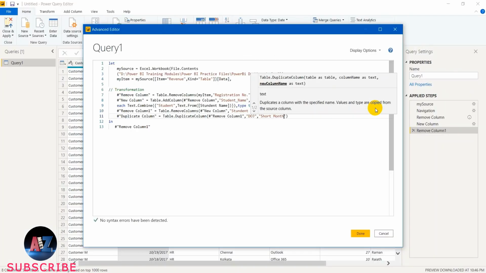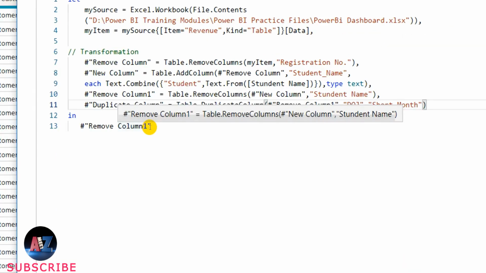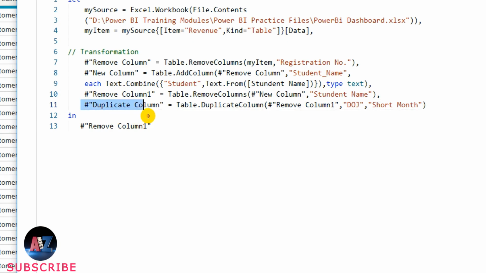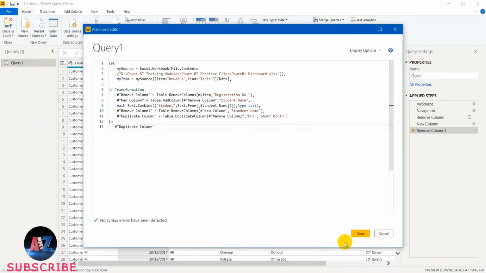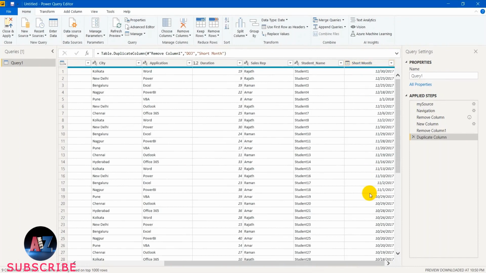Now this will generate the additional column. Only thing is this step need to be removed and added this. So let me add duplicate column and then add it. Now if I press enter or done, I have another column which is a duplicate with the heading short month.